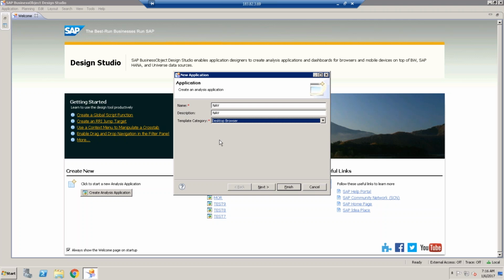If you have an application which will be viewed on desktop as well as, let's say, iPad or iPhone, in that case it's better to go for desktop because